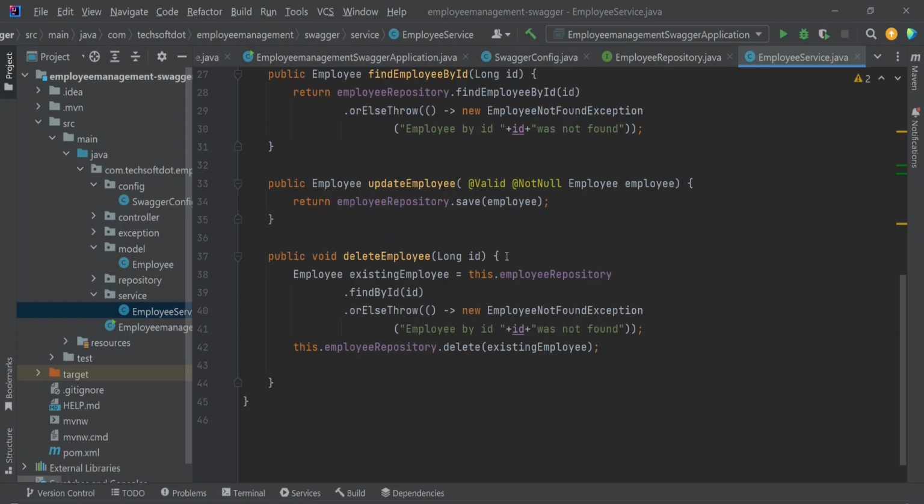In this code, we have added the @NotNull annotation to the employee parameter. This annotation ensures that the employee object passed to the update employee method is not null. It's a common validation constraint to check for the presence of a non-null value. When you use the @Valid annotation in combination with @NotNull, it provides comprehensive validation to make sure that the employee object is both non-null and satisfies any other validation constraints specified in the employee class, such as field level